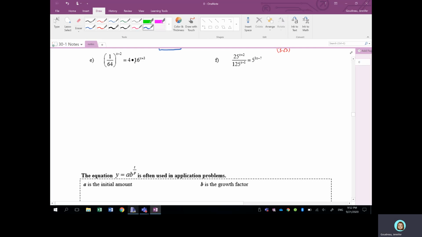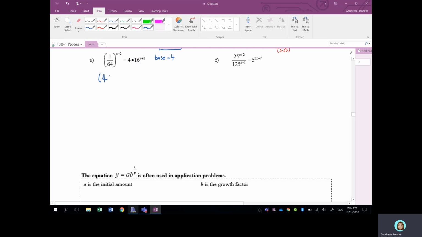All right, none of these are in the same base. On the left-hand side, we have a base of 1 over 64. We've got two terms on the right-hand side. One of them is just a 4, and the other one is 16. I recognize that these three numbers, 1 over 64, 4, and 16, can all be written with a base of 4. So we're going to change them all to a base of 4. Okay, and that again is just our number sense. We need to be able to recognize those numbers. Okay, so we're going to take 1 over 64 and we're going to change it to a base of 4,